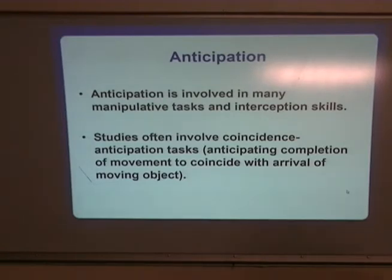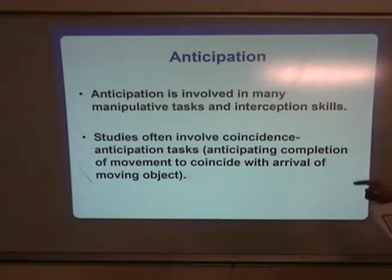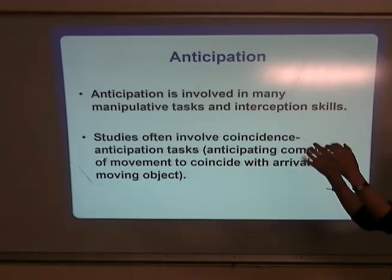All right, so I've already mentioned that anticipation is important. I've got to be able to understand where I need to go to be in the right place, or where I need to move my hand for my hand to be in the right place, right? So the manipulation may be fully developed before the ability to be in the right place, right? So that fundamental catching, right? I might be getting quite good at catching with my hands